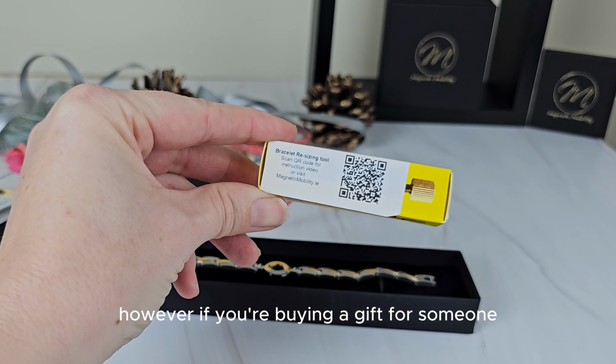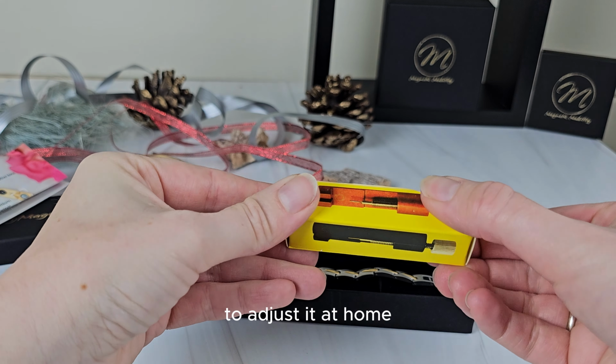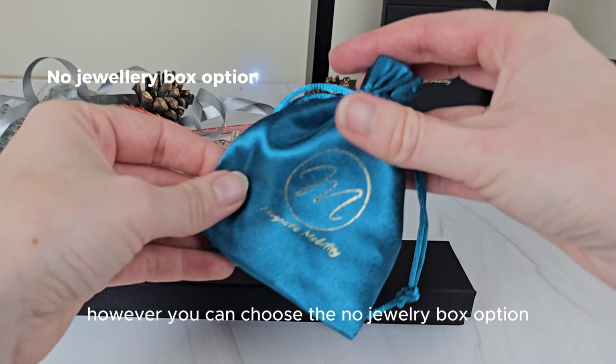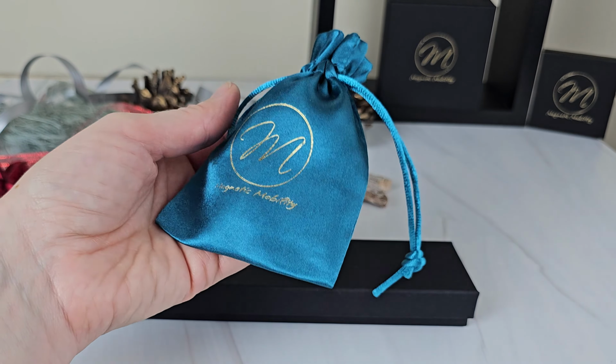However, if you're buying a gift for someone, we have a gift size option that comes with a handy sizing tool to adjust it at home. The bracelet comes in a luxury eco-friendly gift box. However, you can choose the no jewellery box option, in which case the bracelet will come in an eco-friendly satin bag. This will